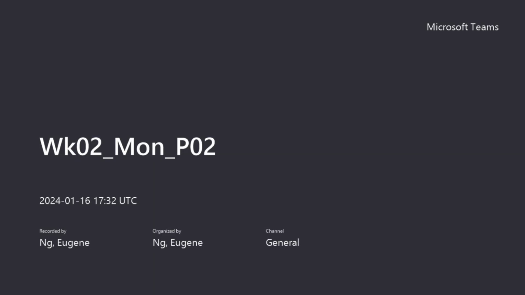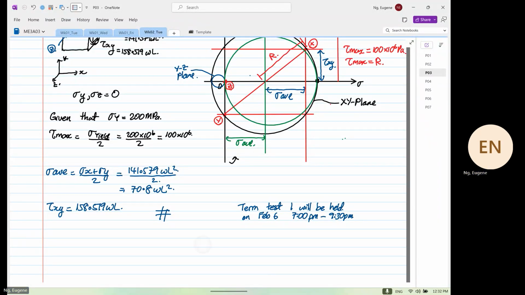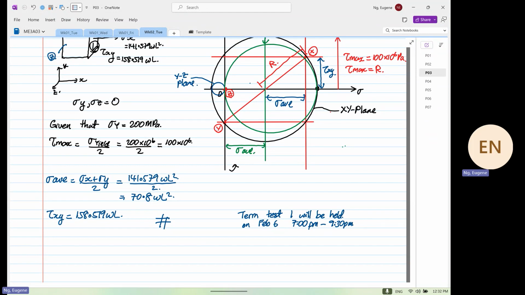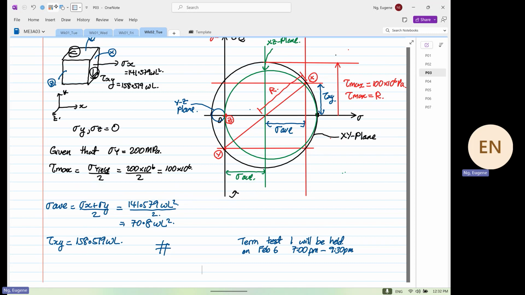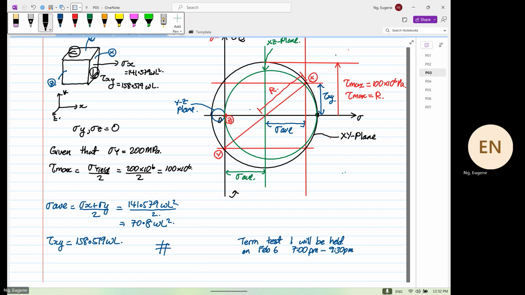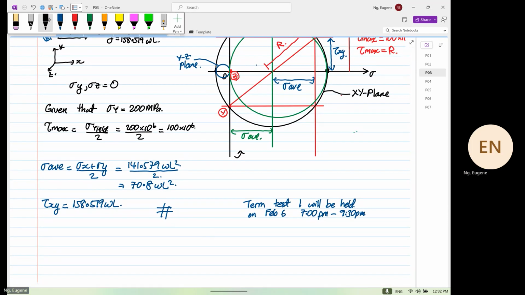We finish off today or earlier, we find out what our shear stress value is, which is 158.519 omega L. And then we also discover what our average stress is. So what we are trying to do now, by looking at Mohr's circle, is determine